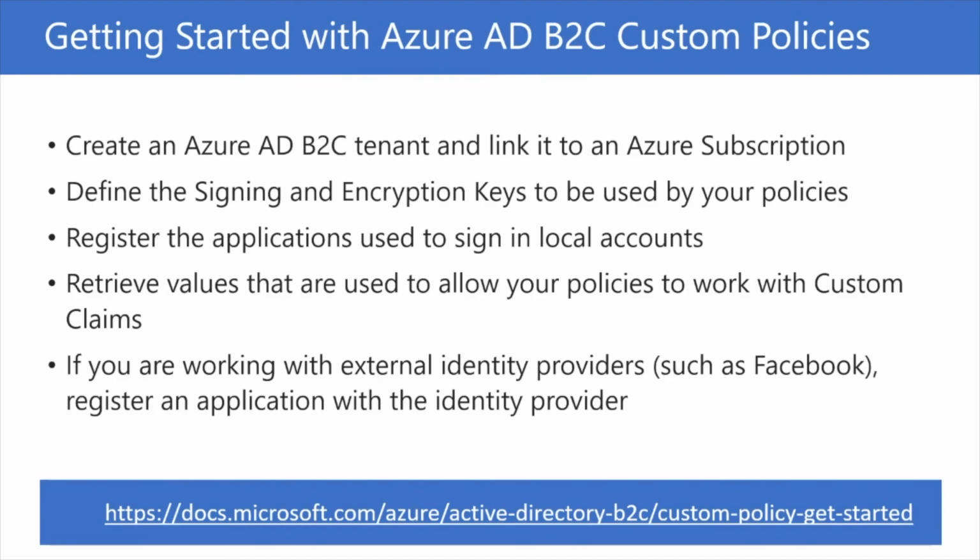And finally, not part of this example, but if your policy works with external identity providers like Facebook, Twitter, Google, etc., you're going to need to register your Azure AD B2C instance with those identity providers and then use the values that those identity providers give you to configure your policy to work with them. Basically, you need to tell them about your policy. You need to tell your policy